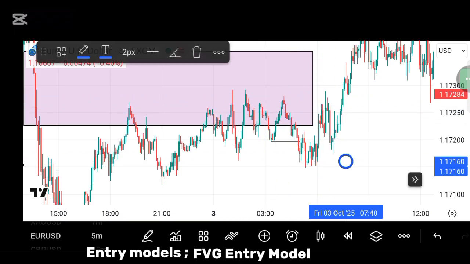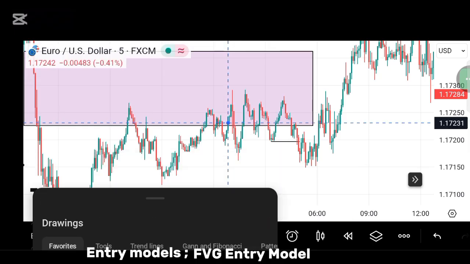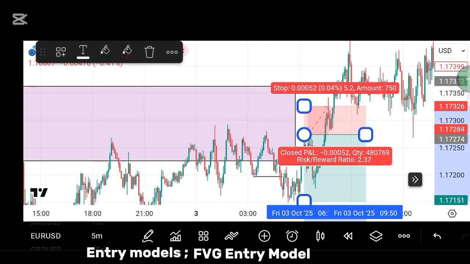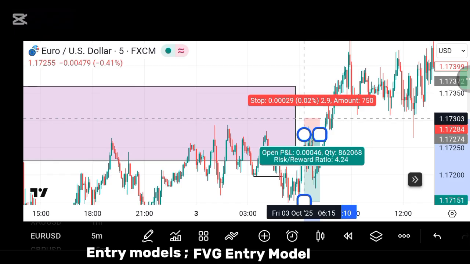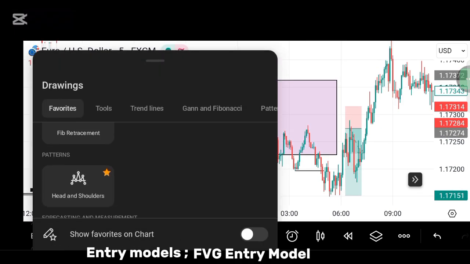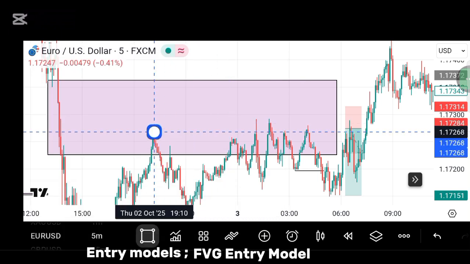Let's just say I entered, assuming I entered. What will be my stop loss on a short position, because I was actually shorting. So the stop loss would have been slightly above here, because I've seen price taking out liquidity from this level. This is the first entry